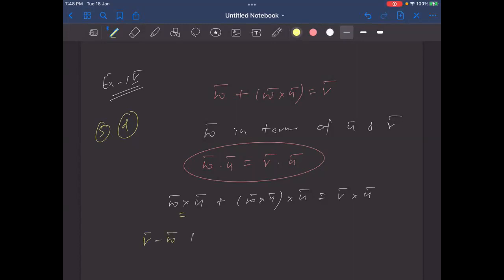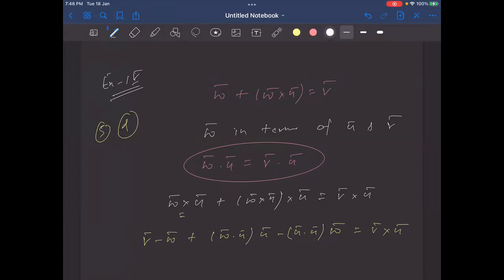V minus W. अच्छा, इसको मैं लिखता हूँ, तो this is omega dot U into vector U. U dot U is 1 since U is a unit vector. करेक्ट है ये क्वेश्चन, बोलो।